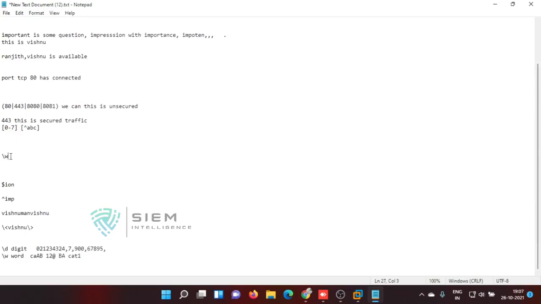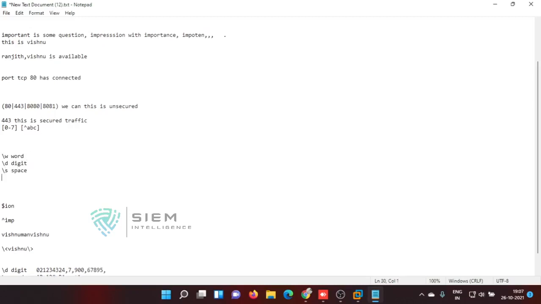And one more thing, \w is for word. If you are bringing some word, it will be something like word. And if you are typing digit, \d means digit. And if you are spacing, \s means space. So these are some of the wildcard characters. And whenever you want to pick anything, you need to type something like this: dot, star, question mark. And now if you are picking anything, the data between these parentheses will be shown highlighted.